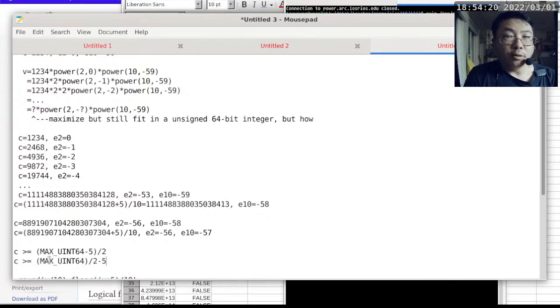So if you're going for the second one, and C turns out not to be greater than or equal to this value, then you're going to double it again, and let's just say that when you double again, it is no longer less than this value. It is now greater than or equal to this value. So the problem is, if C is greater than or equal to this value, and then you add 5 to it, there's always room